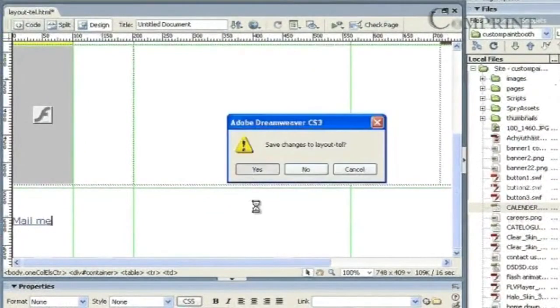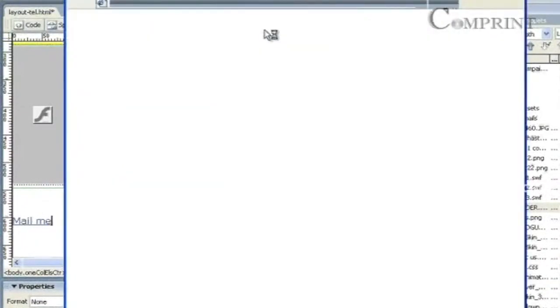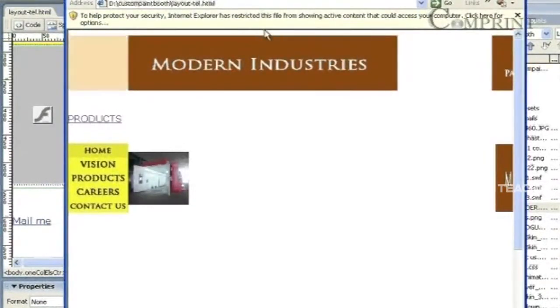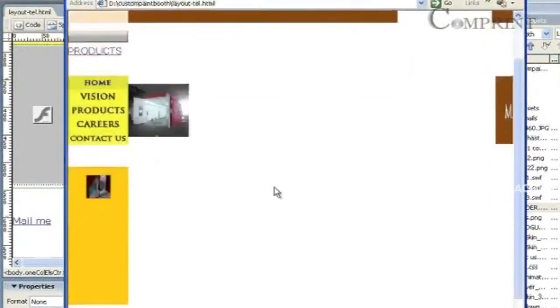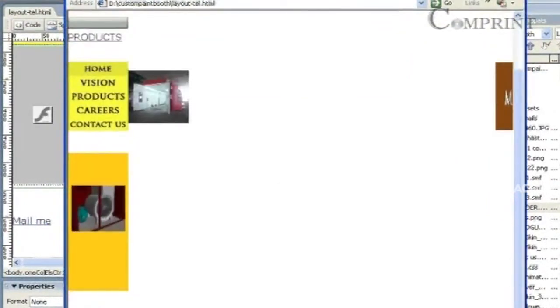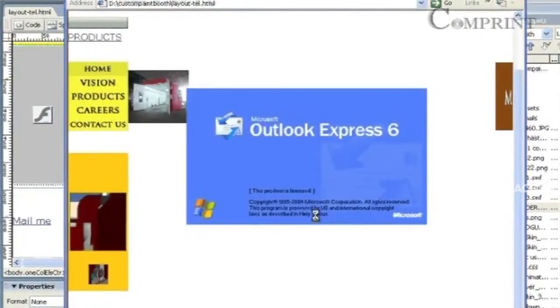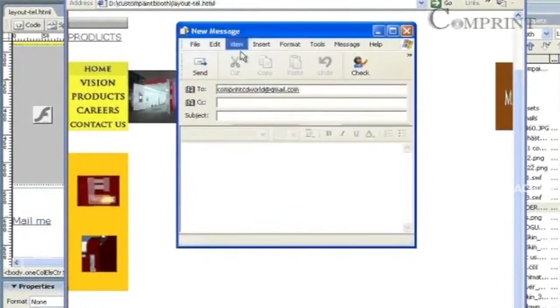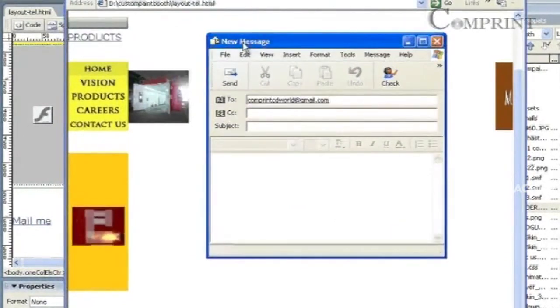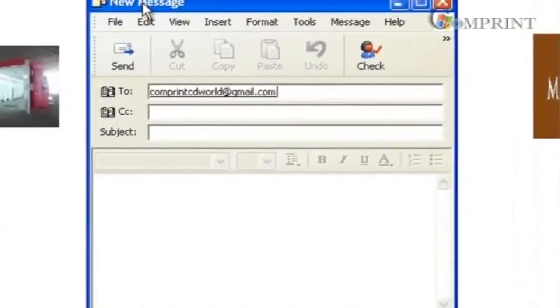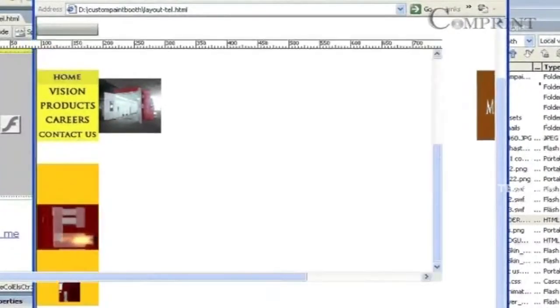Preview this in the web browser. Here we have the email link. Just by clicking on it, we can find the email composing box from Microsoft Outlook Express. In this way, we can insert an email link.